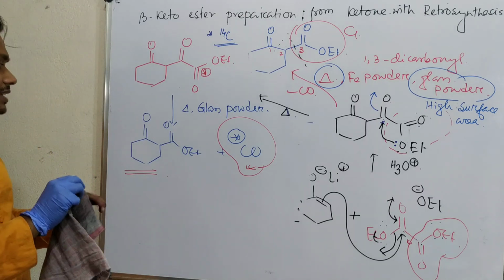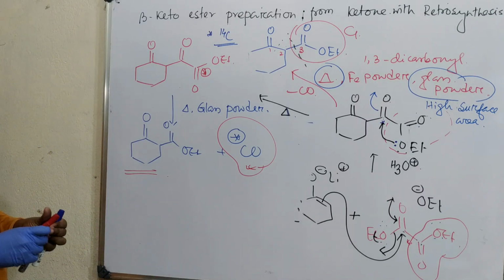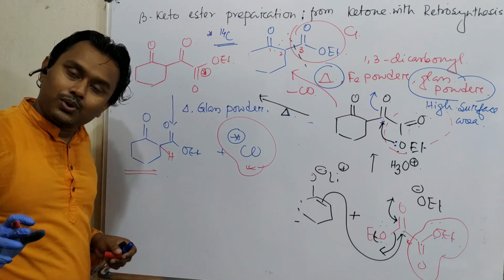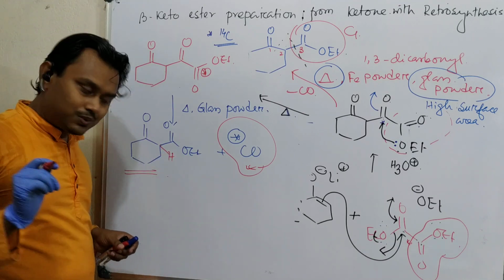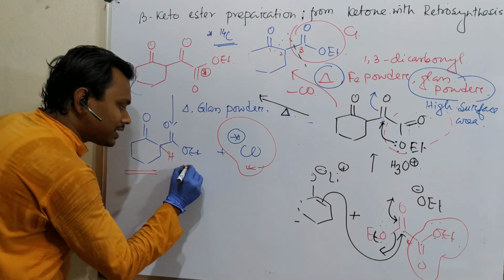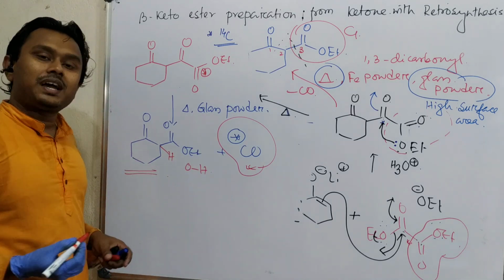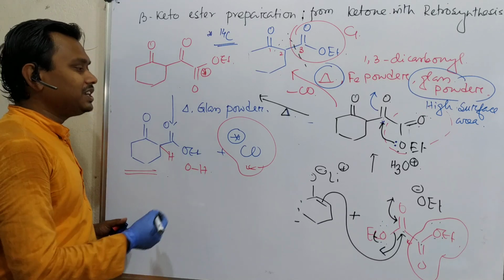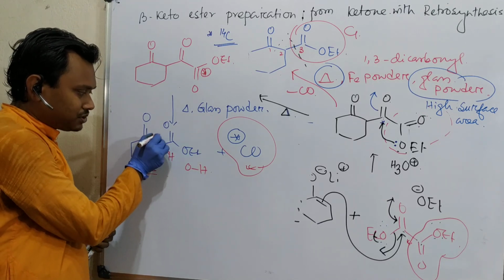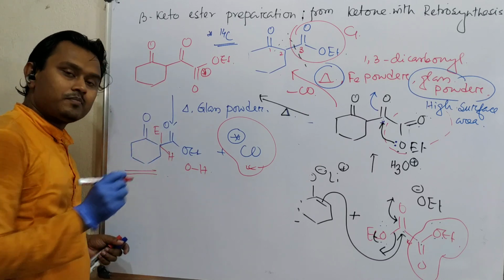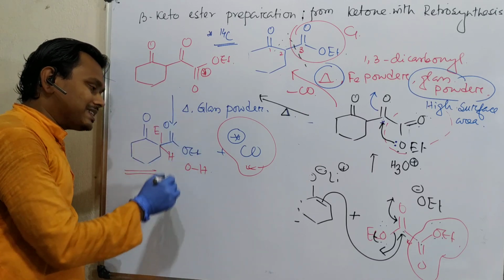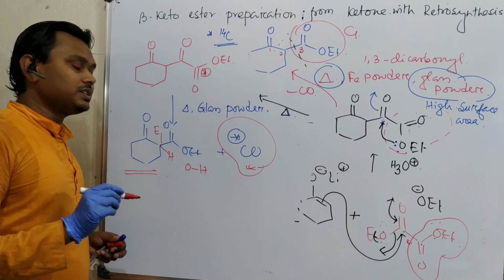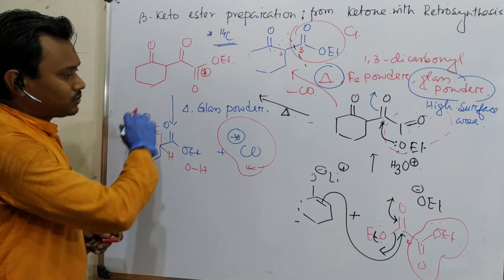And by the way, let me give you another interesting thing. First of all, this is an active methylene compound, its proton can be easily abstracted, and some nucleophilic reaction you can do, point number 1. Point number 2, you can make it a beta keto acid, and beta keto acid undergoes facile decarboxylation. During that process, if you put any electrophile at this position, an electrophile will be attached. This beta keto acid decarboxylation goes through a 6-member cyclic transition state, which I have discussed in another lecture. Please visit if you haven't learned it properly. So this is the overall discussion.